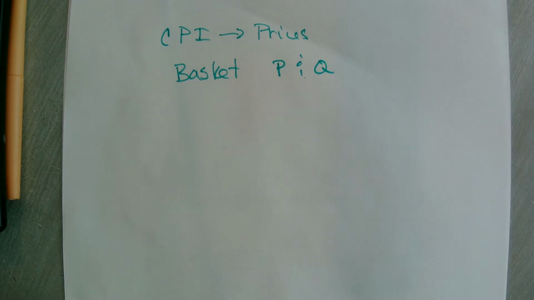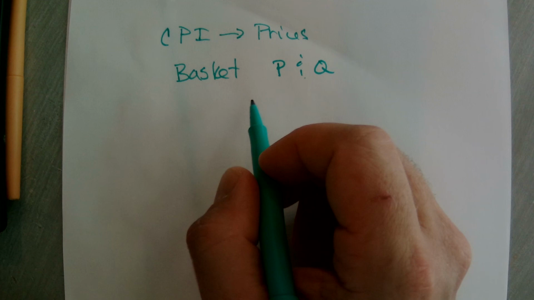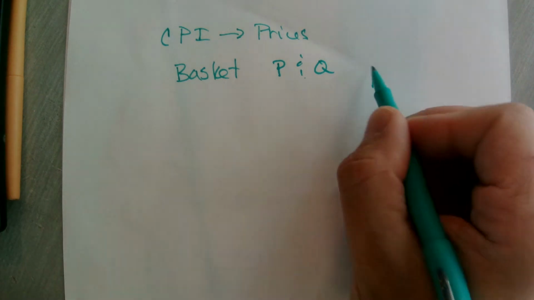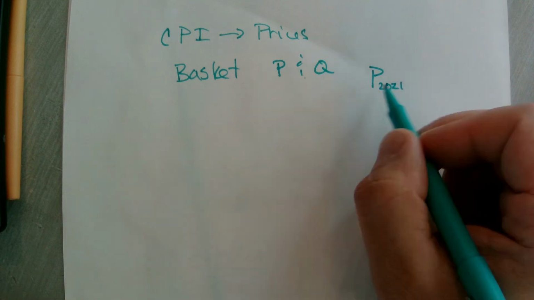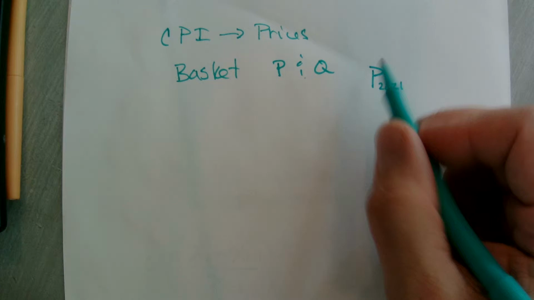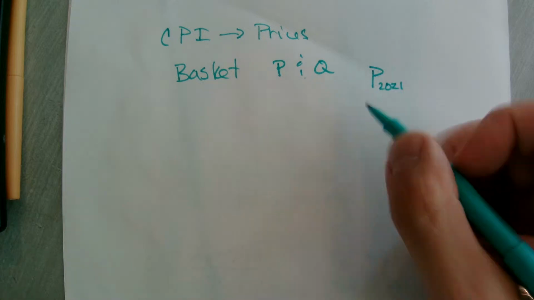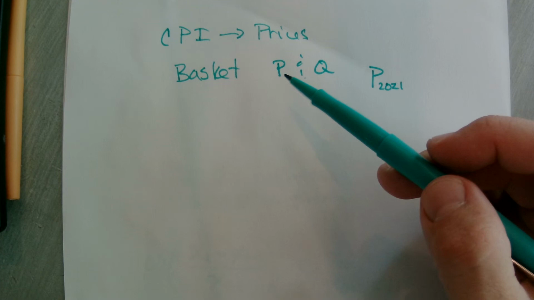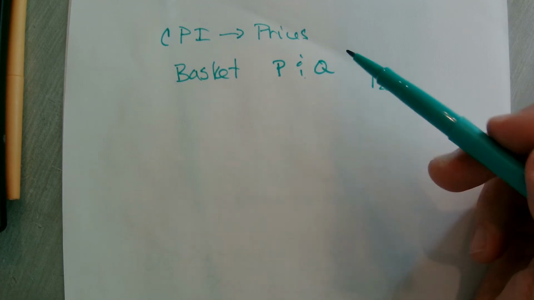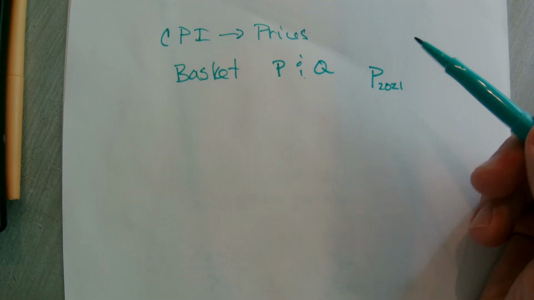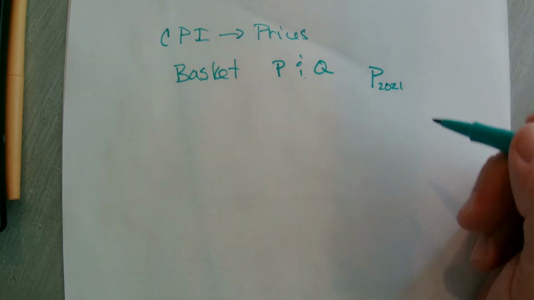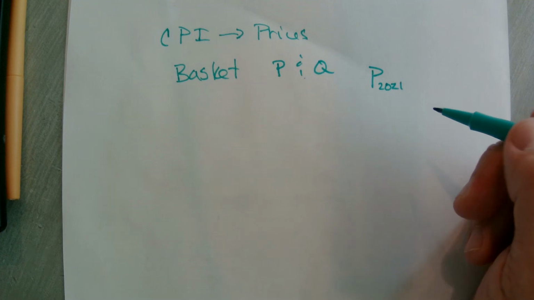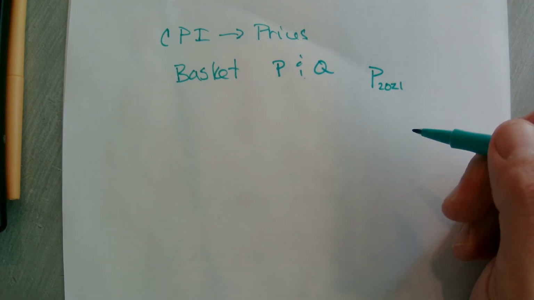As a strategy, we're going to measure the price of the basket in a year, say 2021, and ask how much that basket costs. Again, we're talking about the consumer price index. What kinds of things should be in the basket? The kinds of things that consumers buy. That includes things you can't necessarily fit in a grocery cart, like rents and cars, transportation, food, clothing, and healthcare.